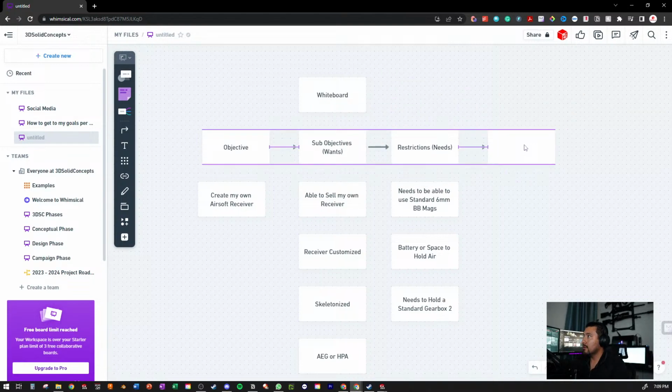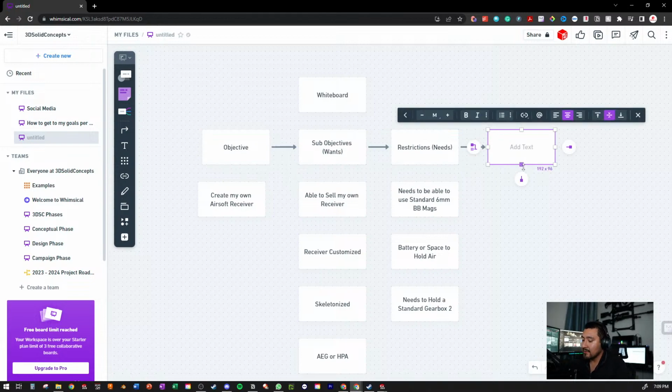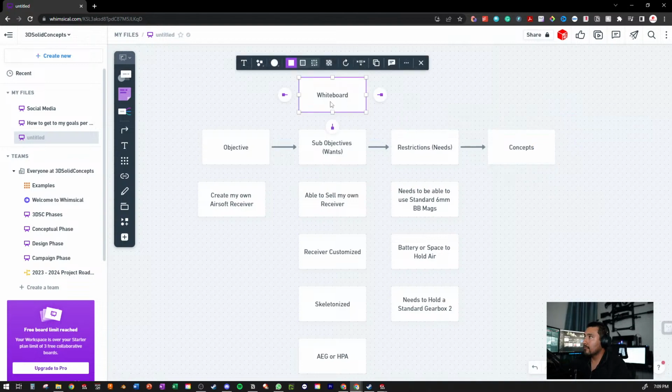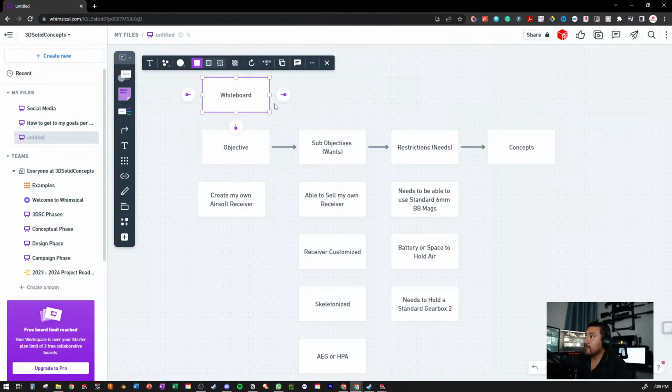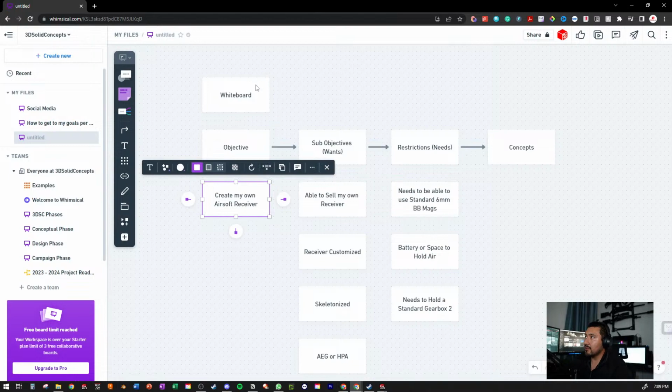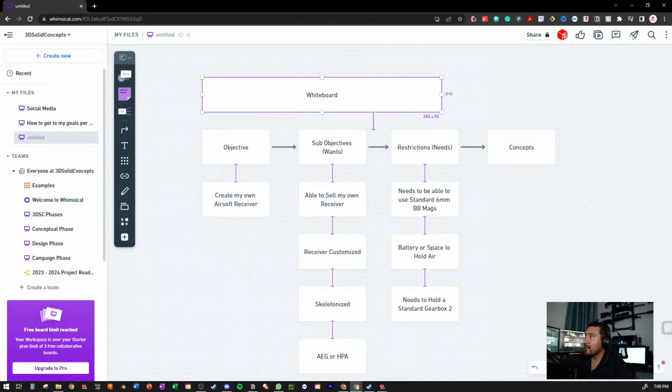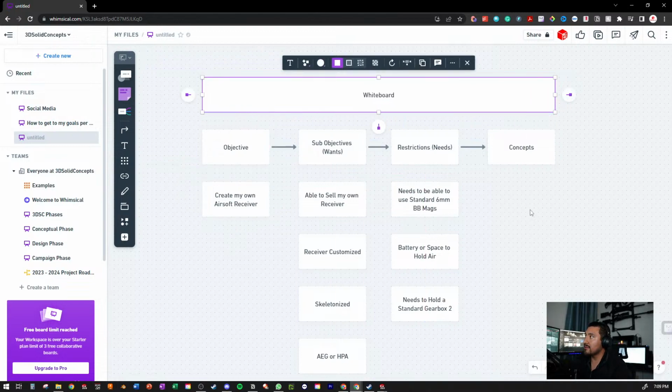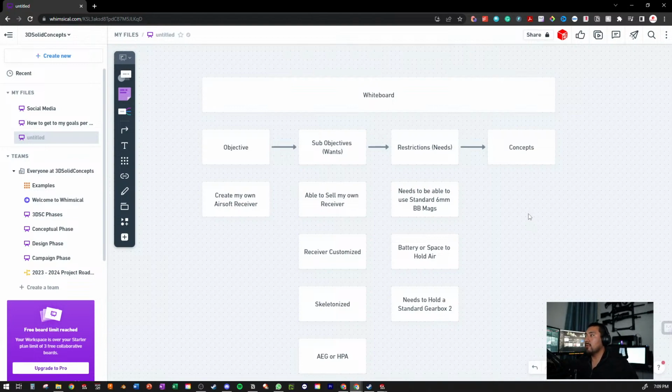There you go. So the next thing is concepts. Funny enough, you need your own concepts to start with. This is the whiteboard area, the whiteboard phase of the product design. You start on a whiteboard and just start drawing up ideas, techniques, things you could employ,